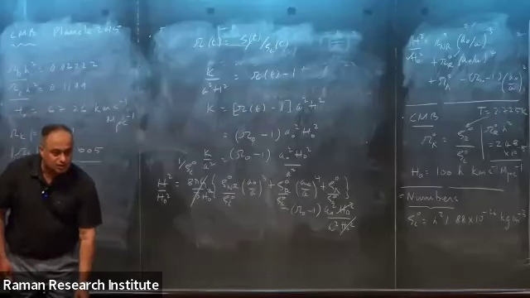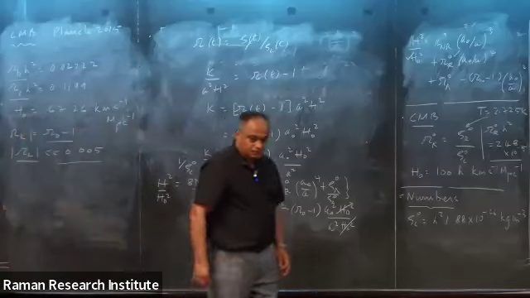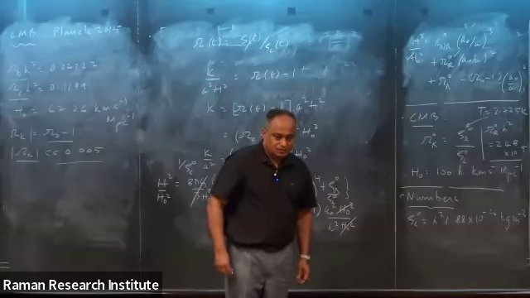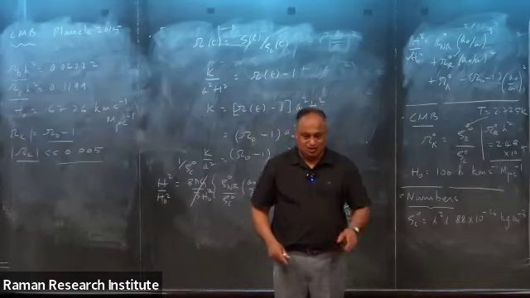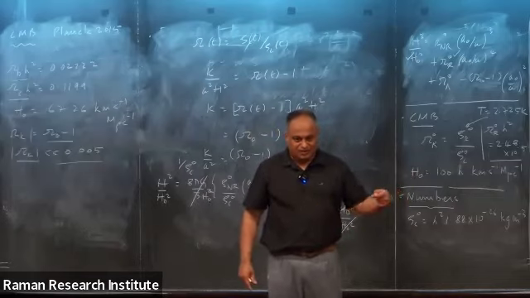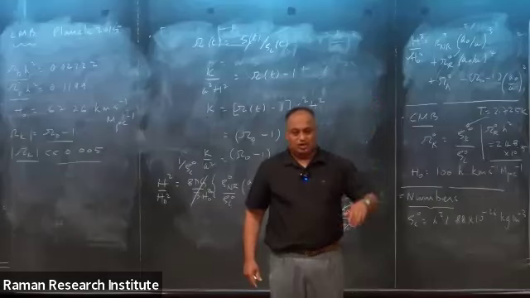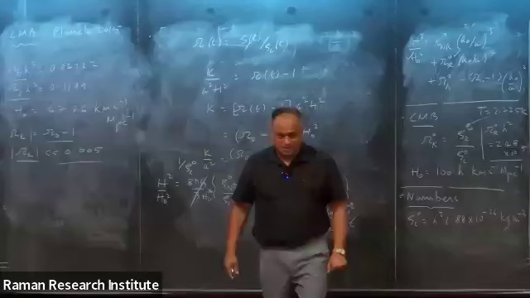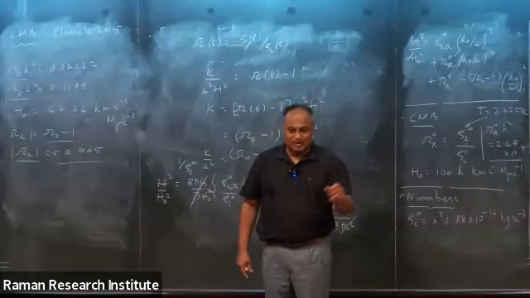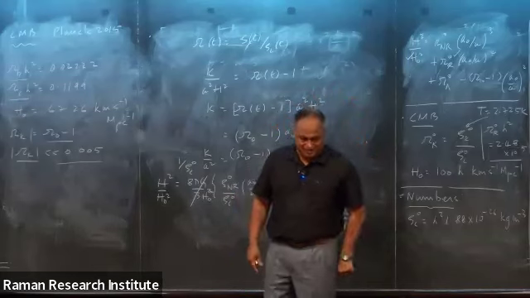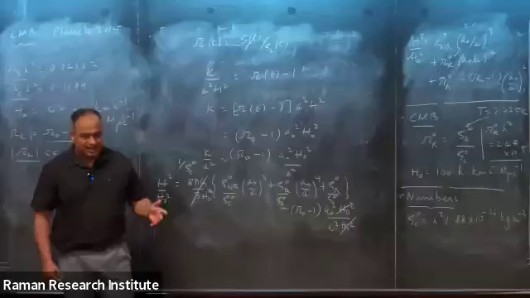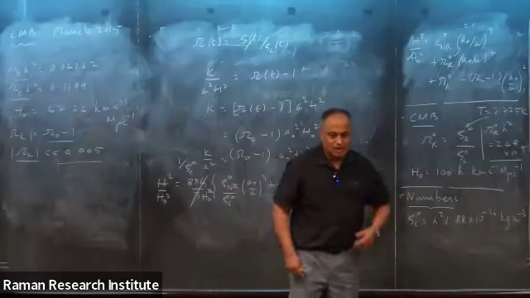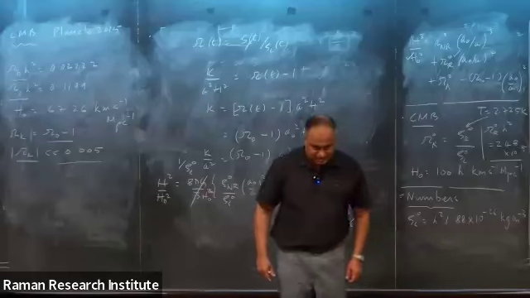Avi, you had a question. Use the microphone, please. Shouldn't you take into account the starlight and the light from other galaxies, stars? You saw in the morning, I showed a picture where I plotted the intensity of all the light in the universe as a function of wavelength. And you find that the CMB dominates virtually everything else. I'll put the slide somewhere, or it probably is already available on YouTube. You will see that thing sticking out considerably. That was to emphasize the fact that the light from the stars is completely negligible. The energy from the light from the stars is completely negligible compared to the amount of energy density in the CMB.